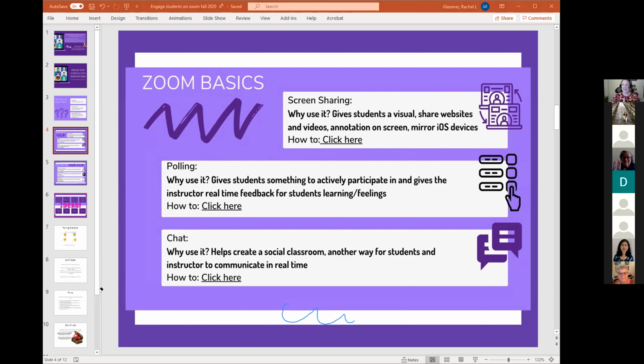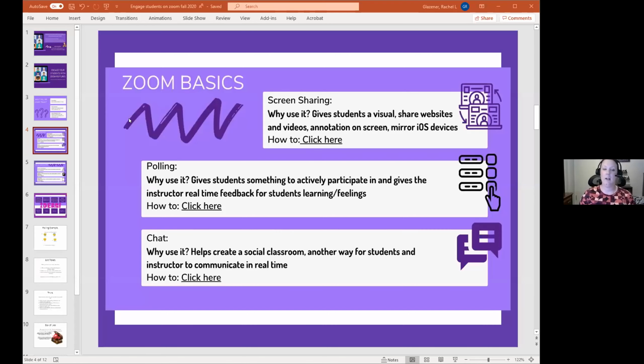Okay, so the one that I also use every time is polling. There are a lot of ways that we typically think of polling, and y'all know that I'm kind of an app person. So again, when we think of equity in our Zoom sessions, sometimes bringing in outside apps and having students open multiple things at once might be difficult for some of them. So I always recommend you poll your students before you start getting too wild with technology in class. I'm very lucky that my class is usually pretty